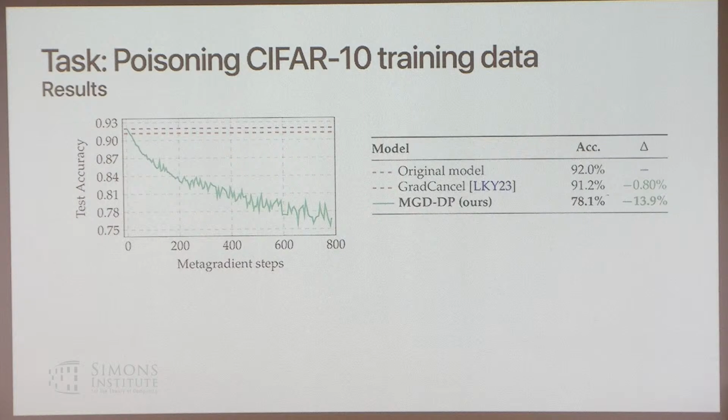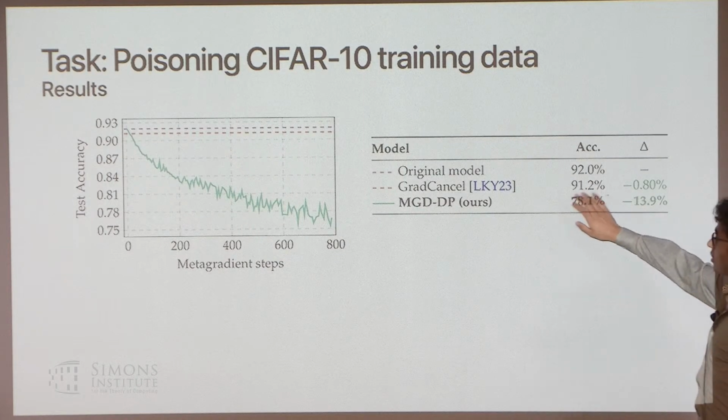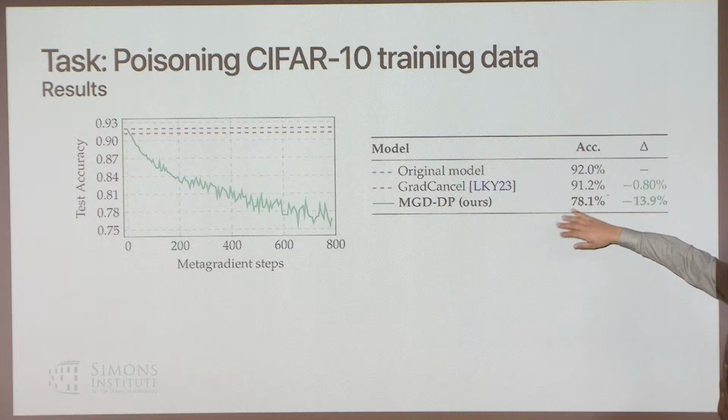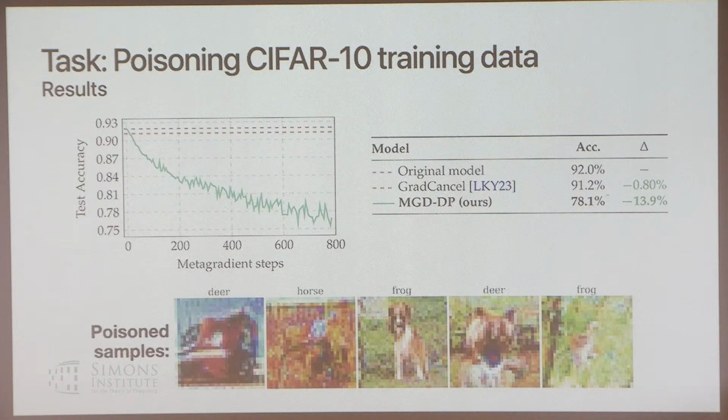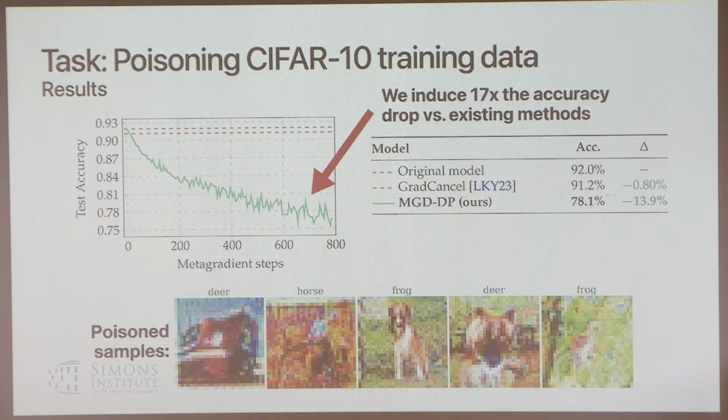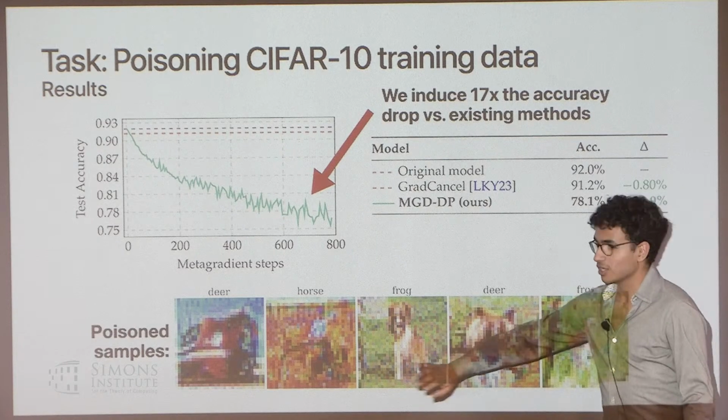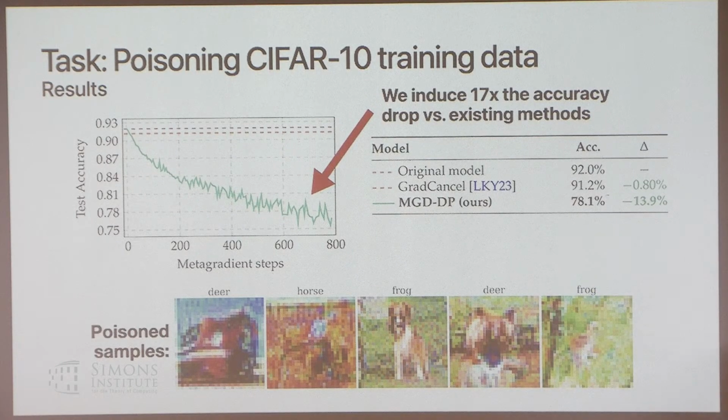What do the results look like? This is the algorithm from Yue, Gautam, and Yaoliang at Waterloo, which is the state-of-the-art algorithm before this. And poisoning, I think, 2% of the data set, they can degrade accuracy by 0.8%, which again, it doesn't look like much, but it's really hard to do even this. But by just doing gradient ascent on the actual pixels of poison training data, we can drop the training performance by 14% or something like this.